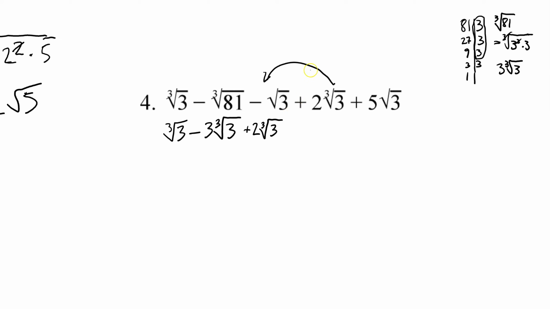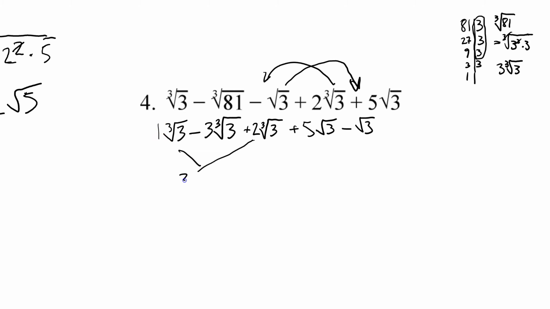And then I'll bring these two together, plus 5 square root of 3 minus, let's see, just so that you can see what I've done here, minus the square root of 3. All right, 2 cube root of 3 plus the cube root of 3, that's the same as 1 cube root of 3, and